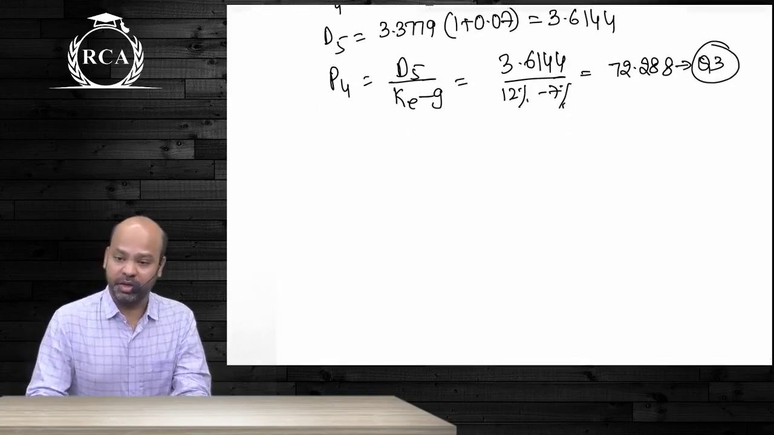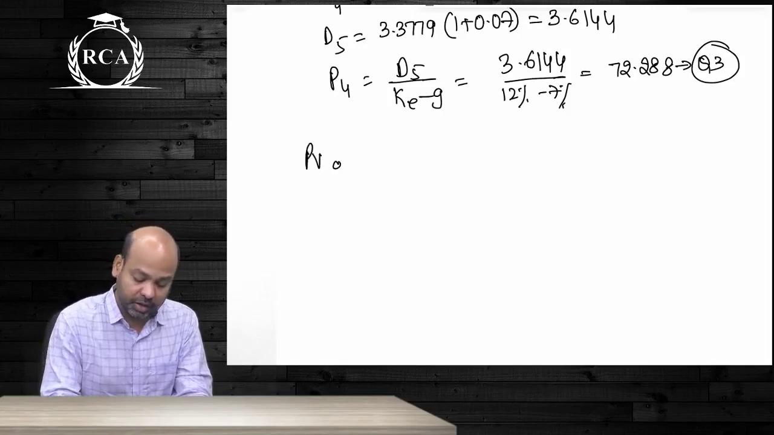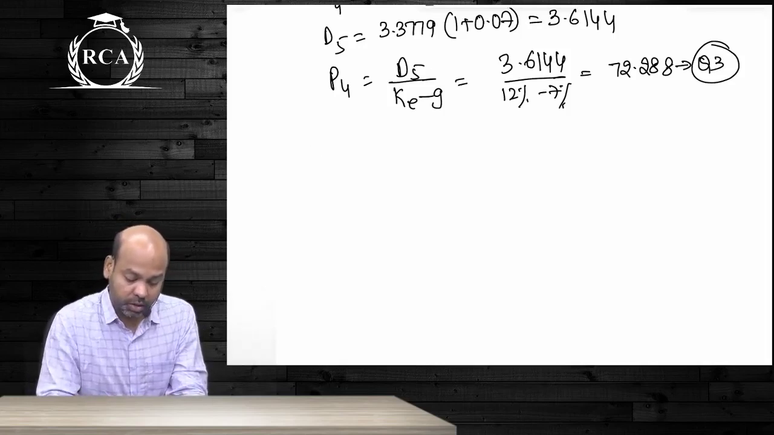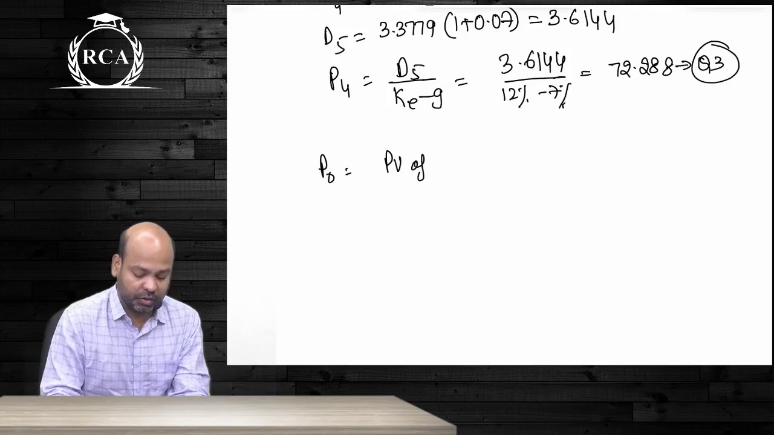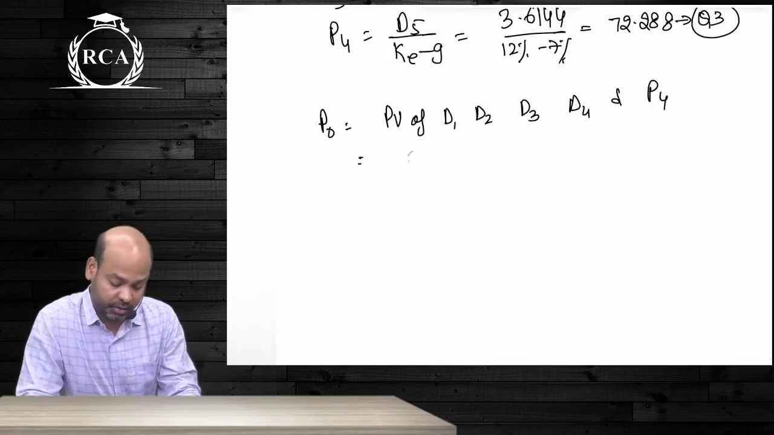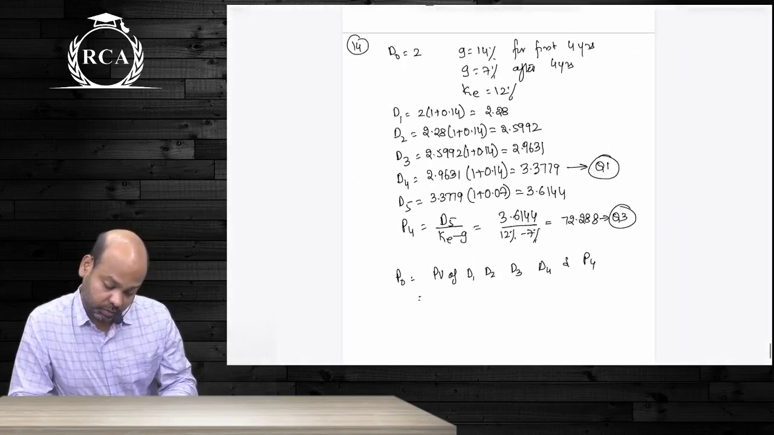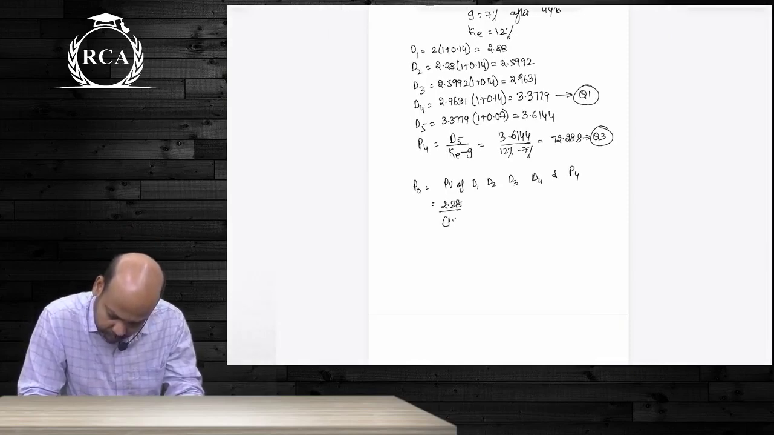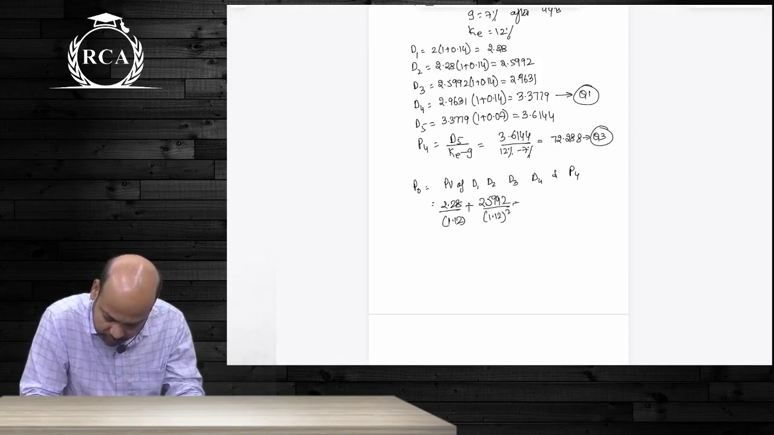Did you all compute the present value of those dividends? I want the present value of dividends separately. P naught will be equal to the present value of D1, D2, D3, D4 and P4. So you're going to write D1, how much is D1? 2.28 divided by 1.12, plus 2.5992 divided by 1.12 whole square, plus 2.9631 divided by 1.12 whole power 3